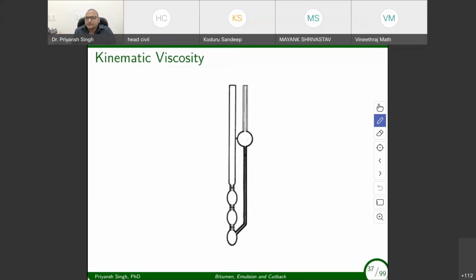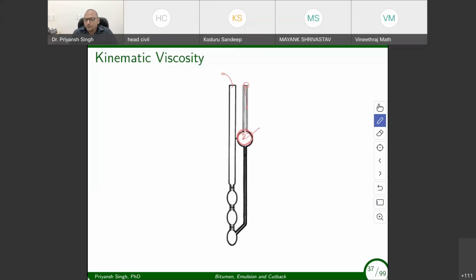This is the picture of the tube. Here you have this bulb where you will load your sample. Now the loading technique in this tube will be a little bit different. You need to take the binder sample in a beaker. Then you need to invert this edge of the tube inside the beaker and apply suction from this edge. By that suction, the binder will rise, and that is how you put the sample inside this tube.